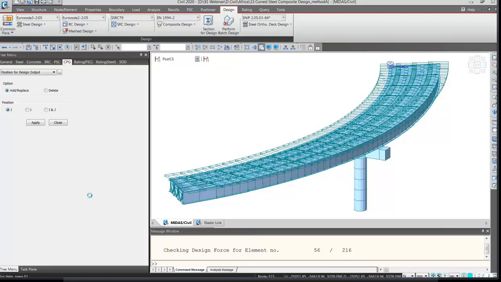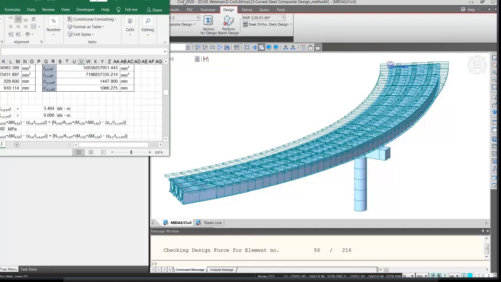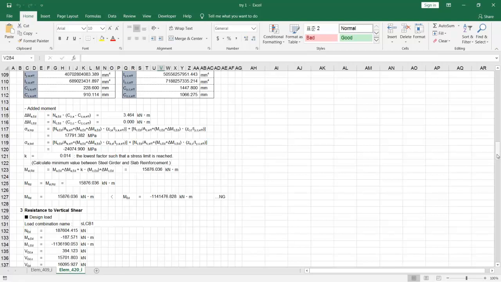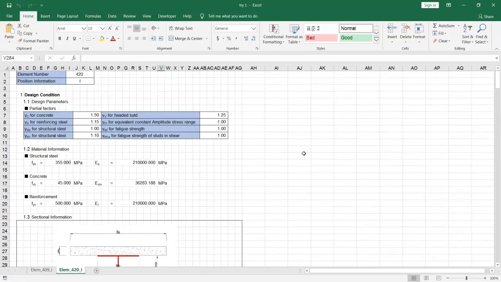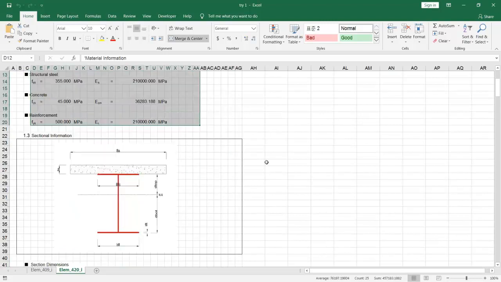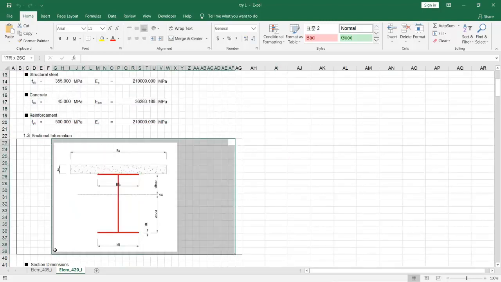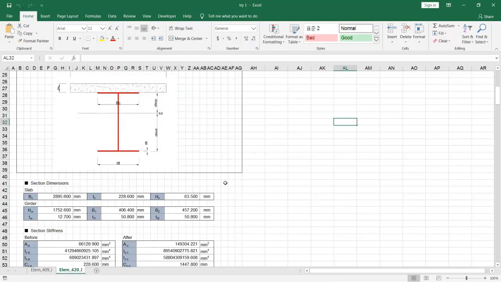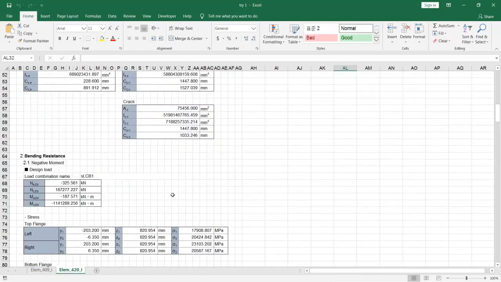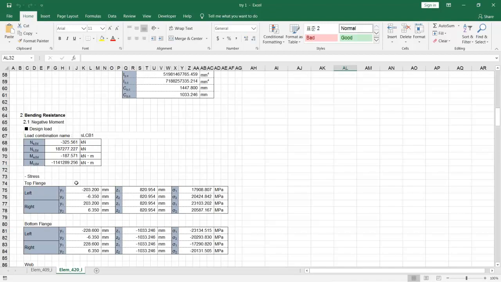So let me open up the Excel sheet in which the design results are displayed. This is the Excel sheet that is generated by the program. As you can see here, there is material information provided, the section information provided as well of our steel composite girder, and you can see all this information. Then it is going to calculate the bending resistance